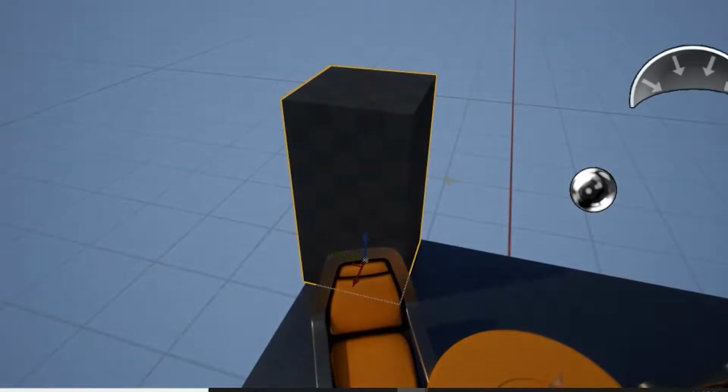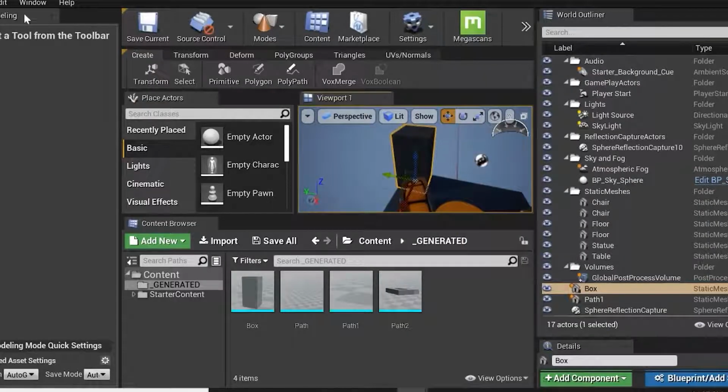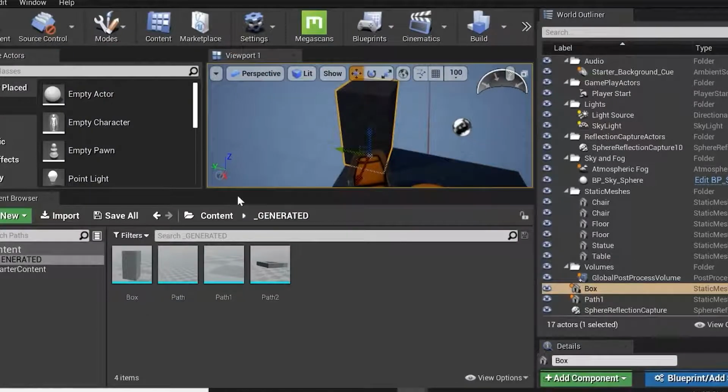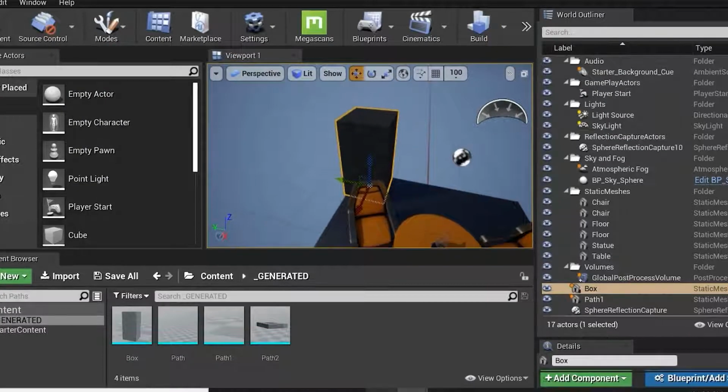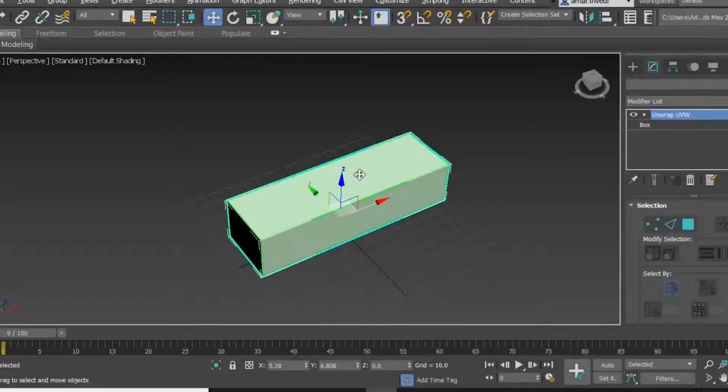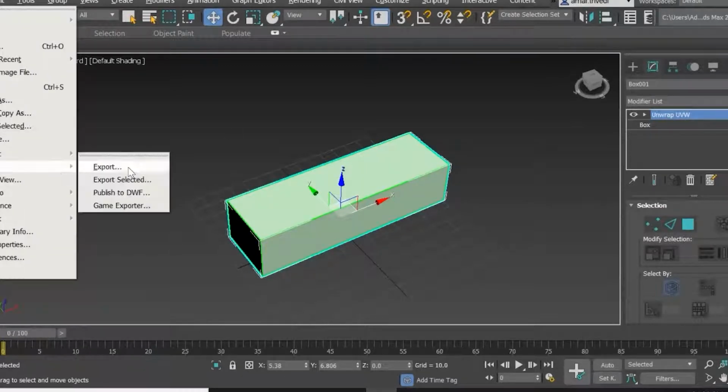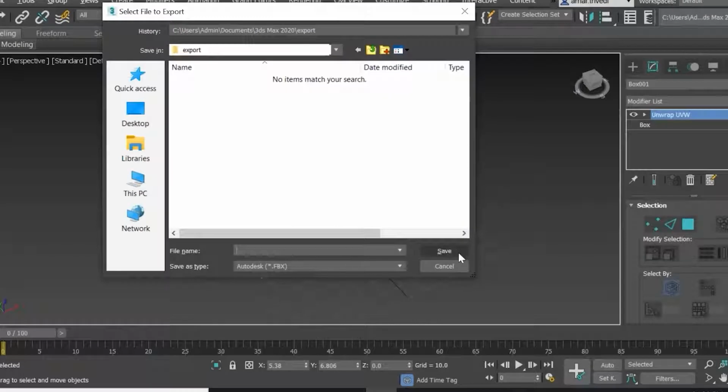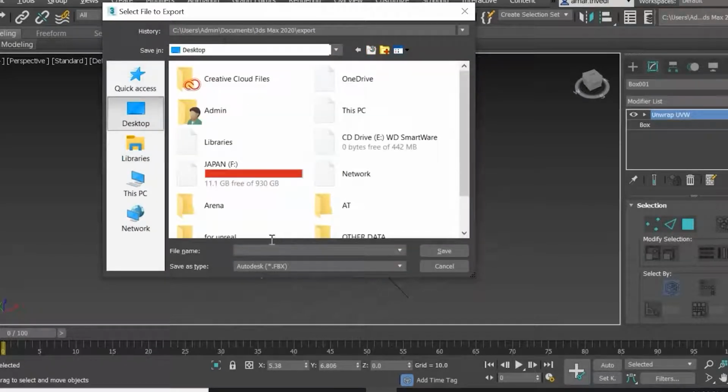So this is a really very easy and simple way to understand the UI of Unreal, right? This is really very simple. Now I was talking about if I want to import any object, right? So what I'll do, I'll select any object with simple shapes I've created. I'll go to export selections. It has to be in FBX, go to the desktop for Unreal, which I've just created by default.